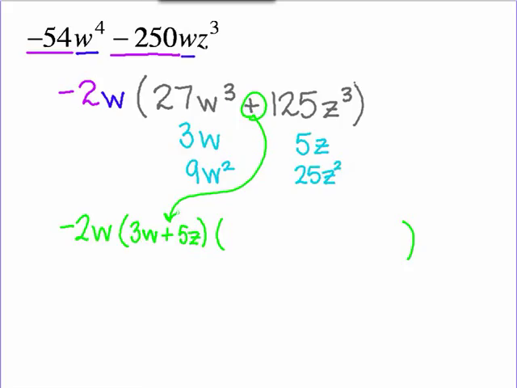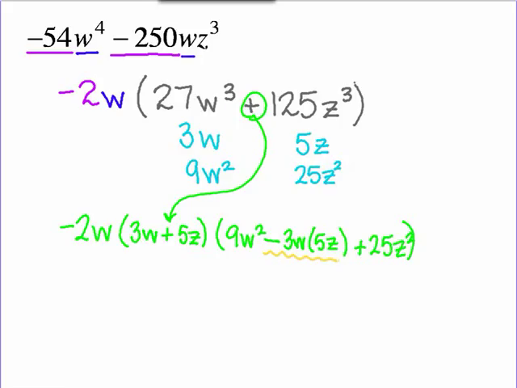I got this. What will come next? 9W squared minus 3W times 5Z plus 25Z squared. Good. So the last step will be to go ahead and do this multiplication right here, and